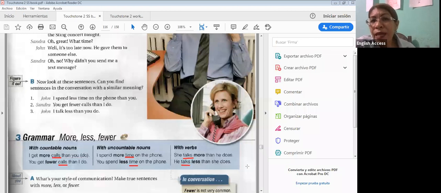So when we're talking about verbs, we're going to use more or the opposite, less. So remember that with verbs and with uncountable nouns, we're going to use more or less. When we are talking about countable nouns, one more time, we're going to use more and fewer. So that is the difference. Do you understand the grammar chart